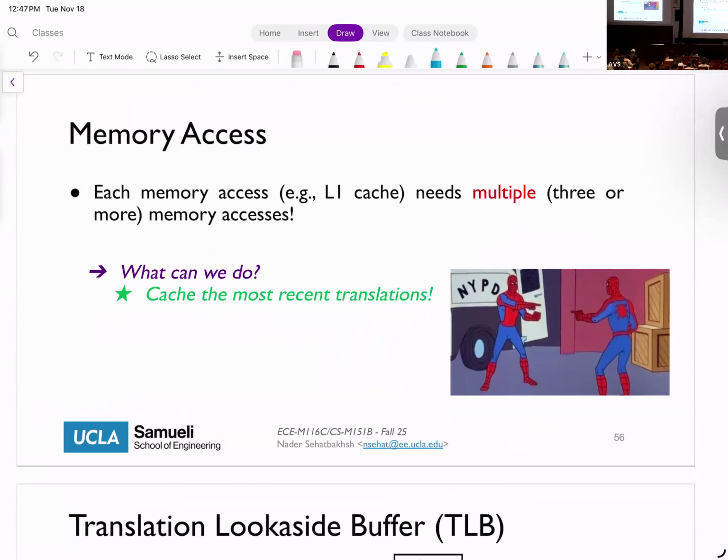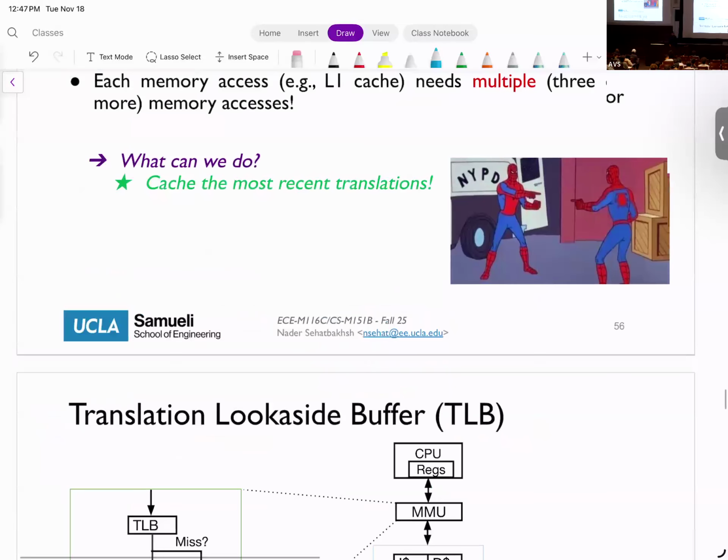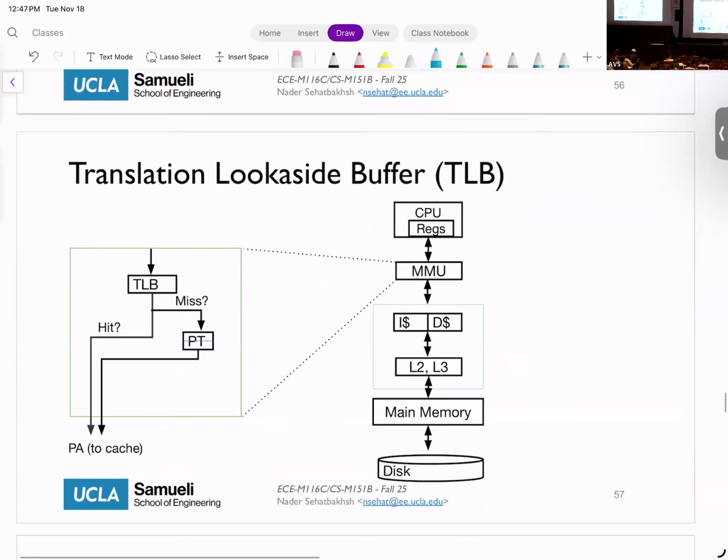So what we can do is cache the most recent translations, and that's the TLB that you were suggesting. This is called the translation look-aside buffer. It's some form of a buffer that essentially remembers, for a given VPN, what the PPN was.